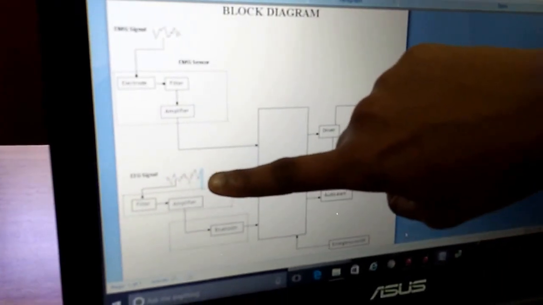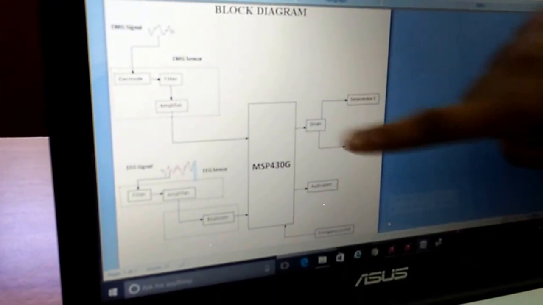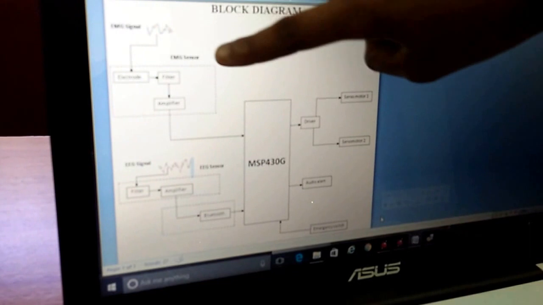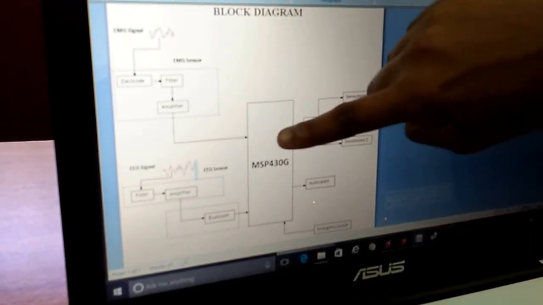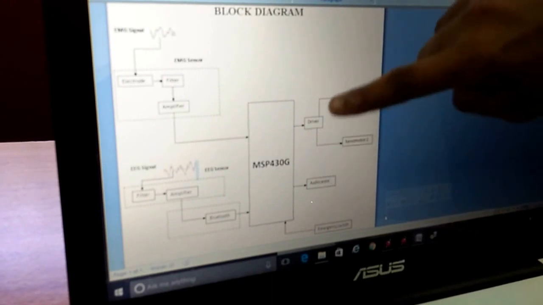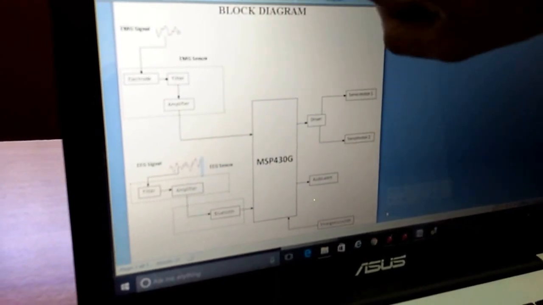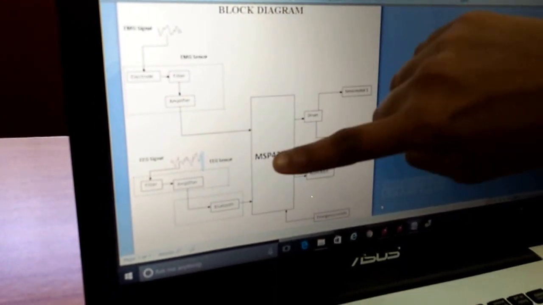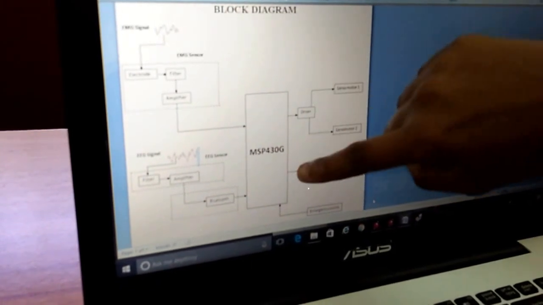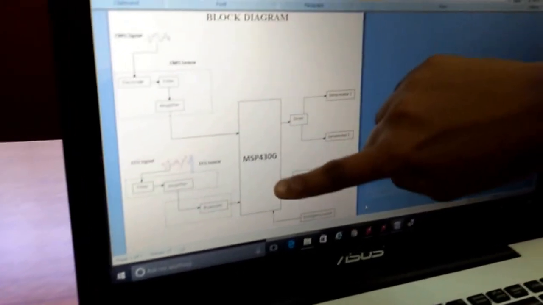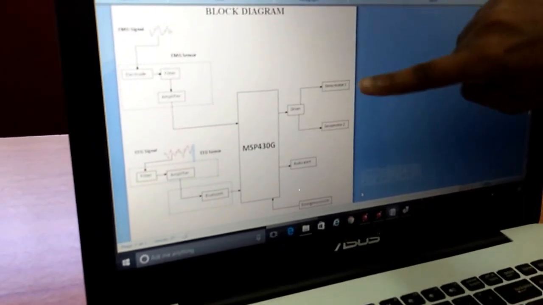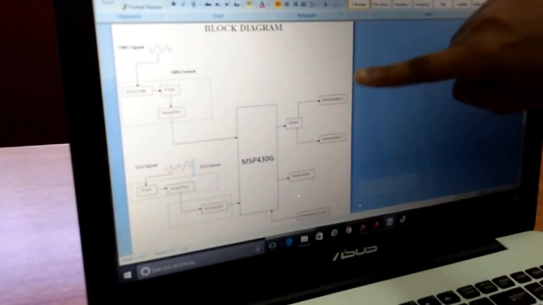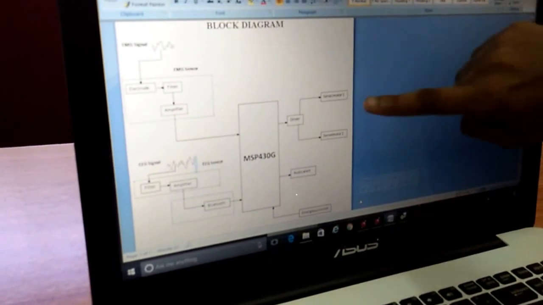This is done with the help of a NeuroSky headset, and the EMG signal is captured with the help of the Muscle Sensor Kit V3. It is given to the processor, an MSP430G2, and the signals from the EMG and the EEG are compared or correlated by the processor. The output of the processor is given to a driver, and the driver rotates the servo motors, which act on the human body.